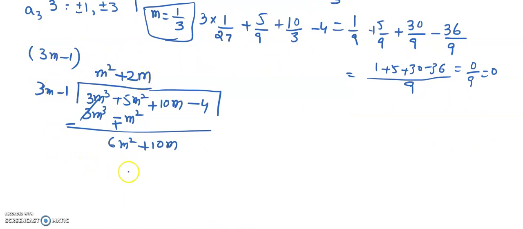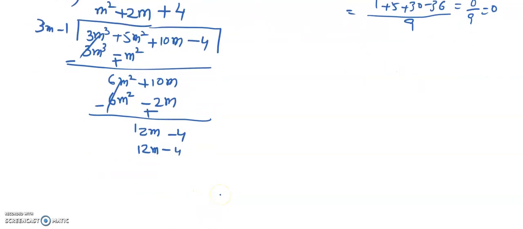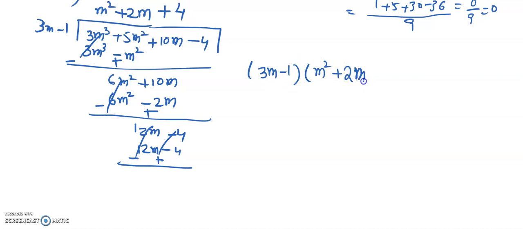So 2m into 3m is 6m squared, minus 2m. So it will be 12m minus 4, and then we multiply by 4, it will be 12m minus 4. So everything has been cancelled out. So we get these two factors, okay, 3m minus 1 and m squared plus 2m plus 4